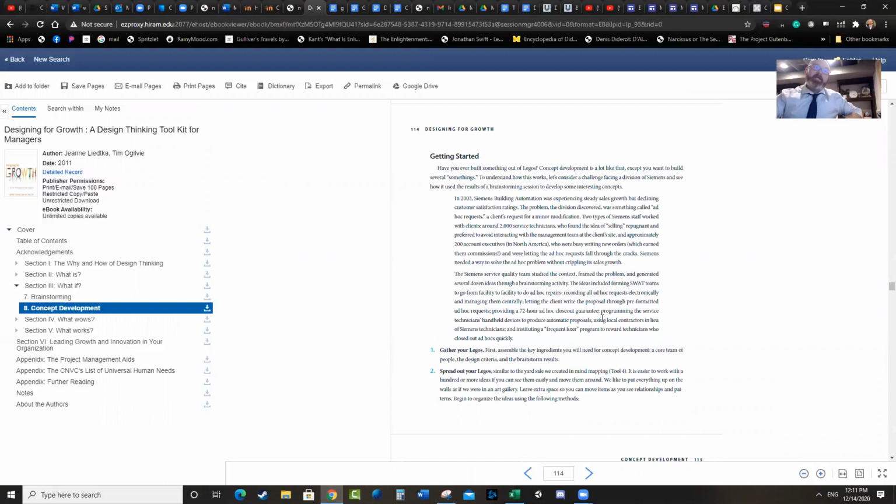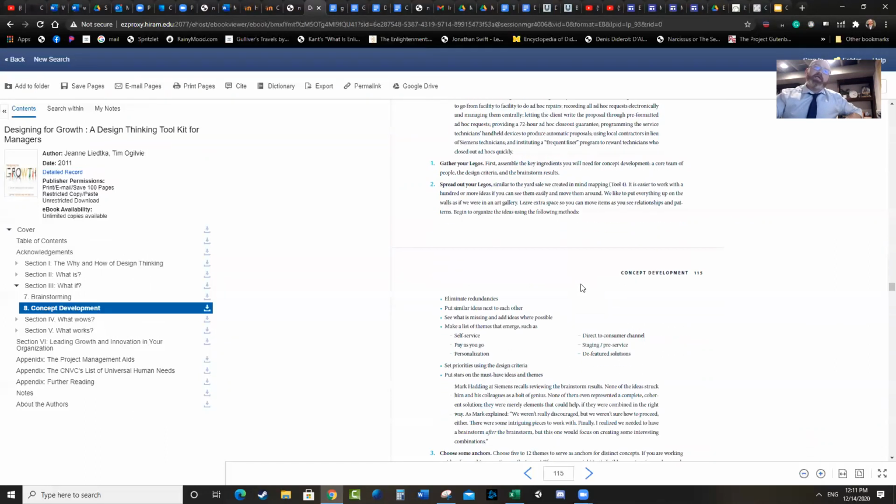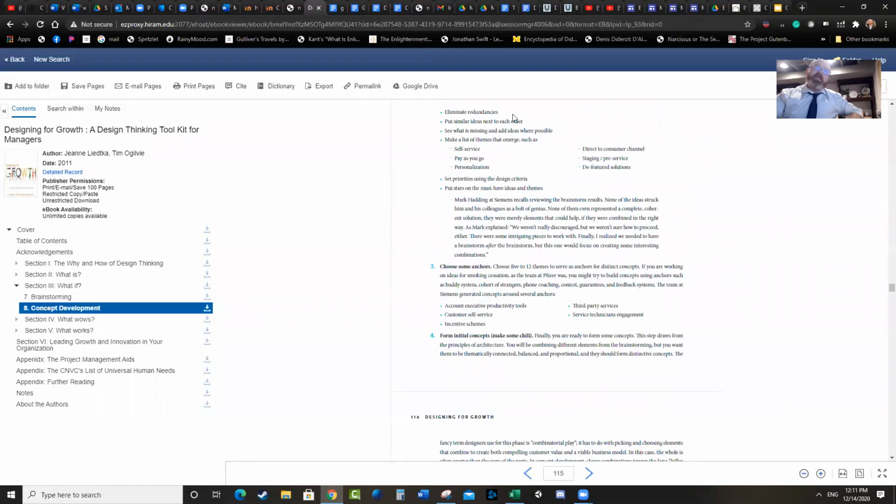And so you would do that. You review a little bit. You take a little time to quietly walk through it. They say spreading out your Legos. And they talk about eliminating redundancies, clustering ideas next to each other, making a list of themes as they emerge. What are the big categories and themes, and indeed even establish some anchors. So what are some of the must-haves